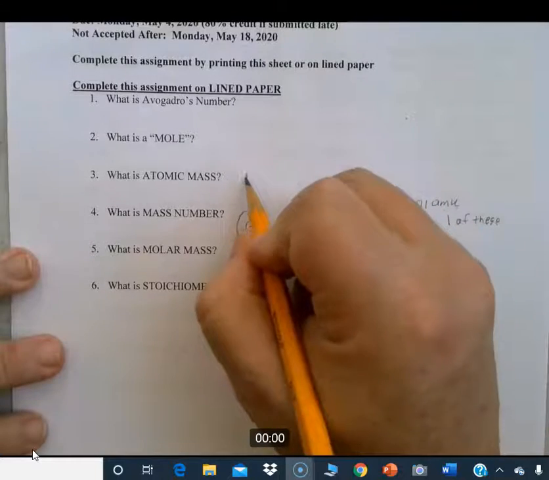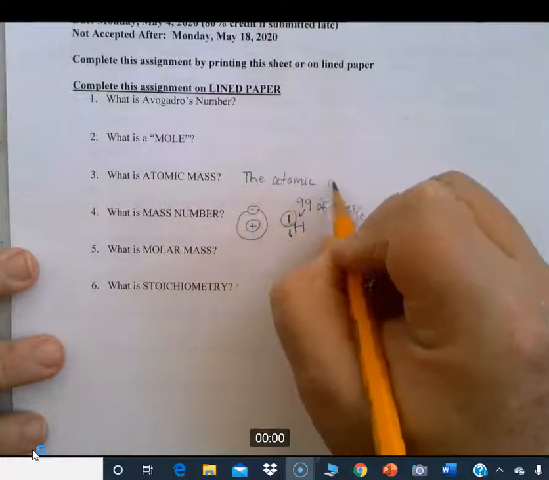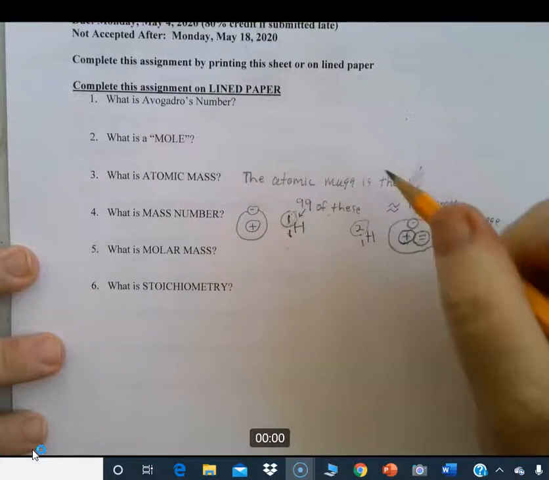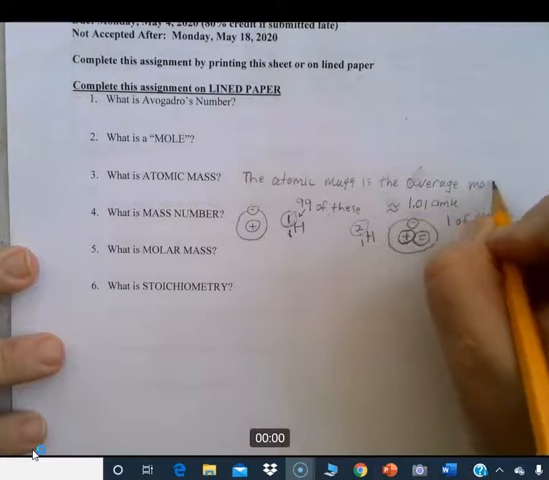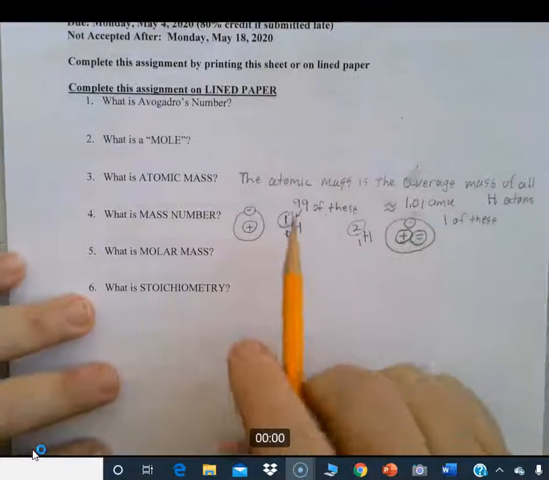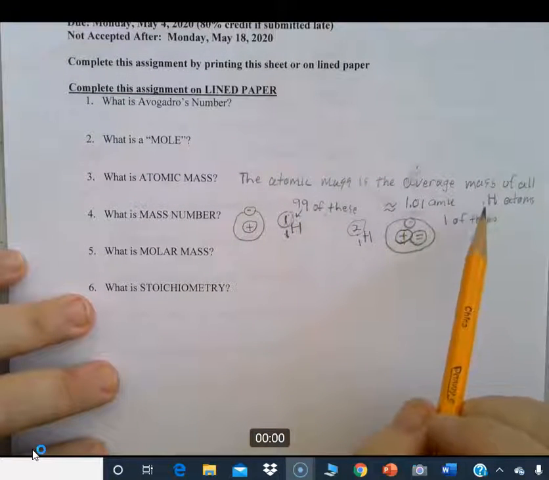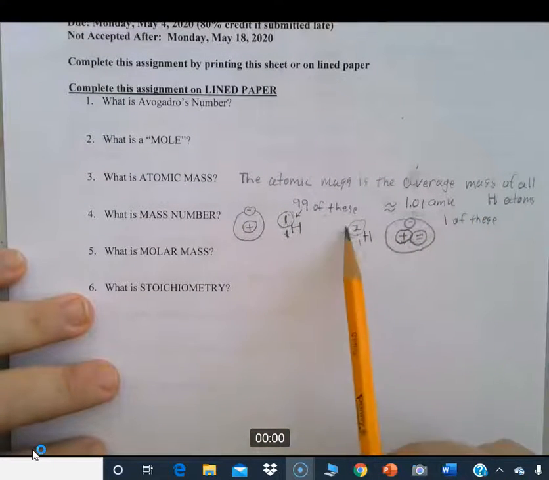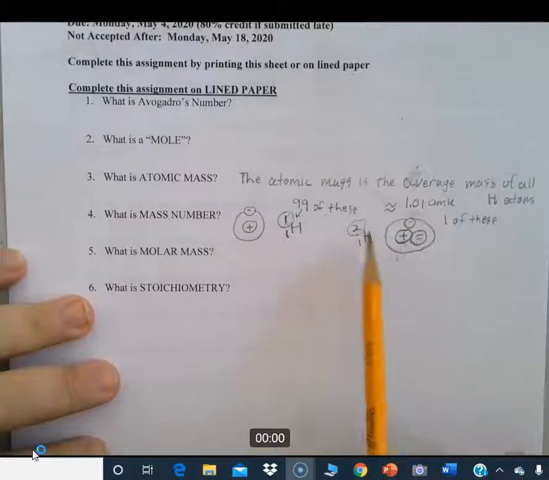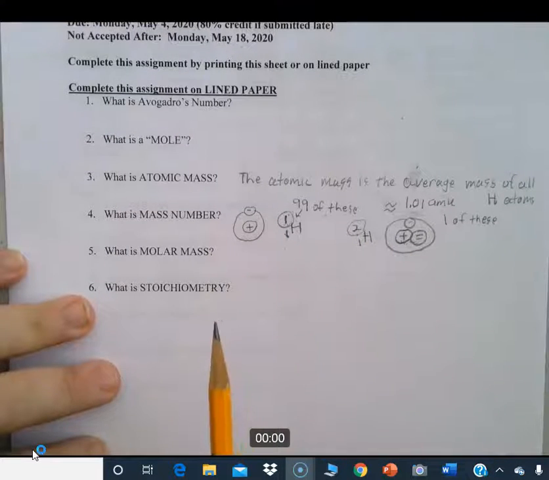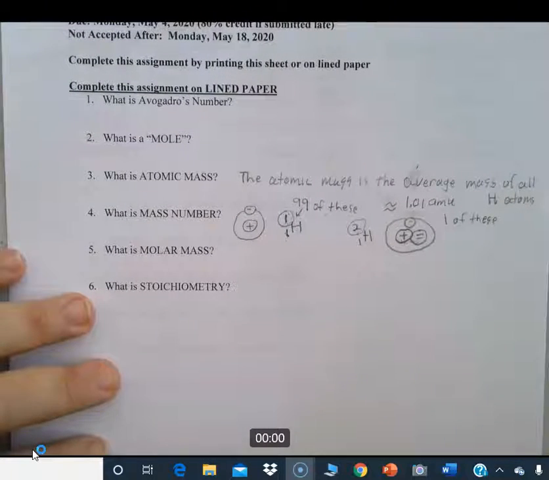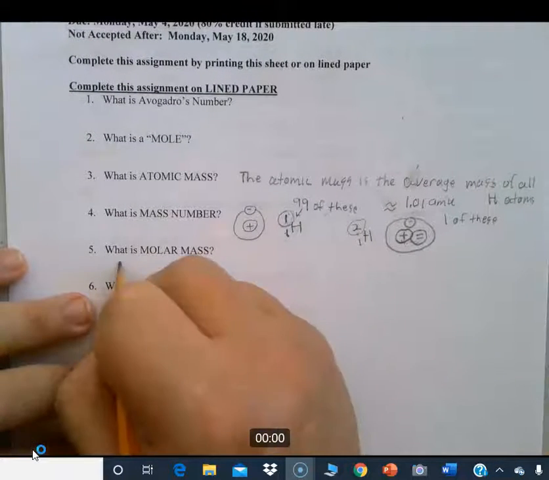Okay? So the atomic mass is the average mass of all hydrogen atoms, whereas the mass number is the mass of a specific isotope of hydrogen. In this case it's 2, and in this case it's 1. So that's the difference between mass number and atomic mass. Okay, molar mass is